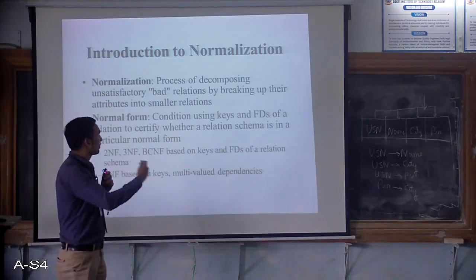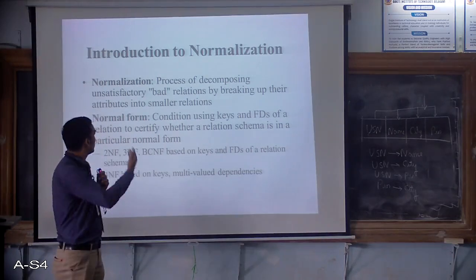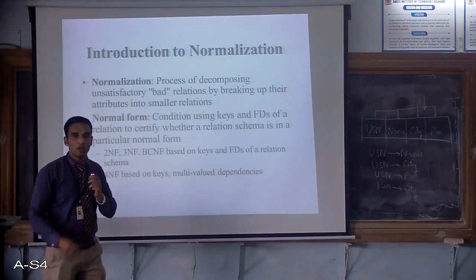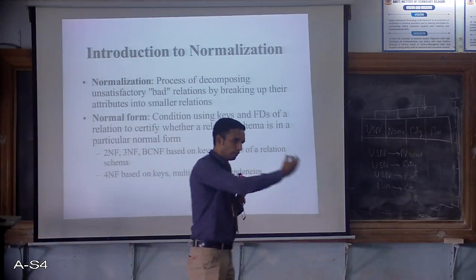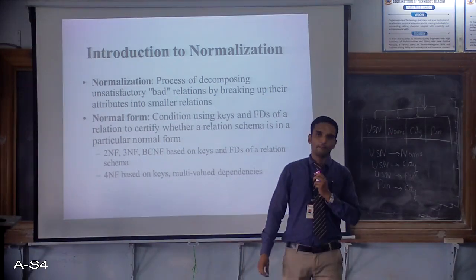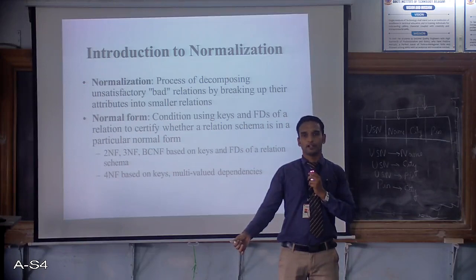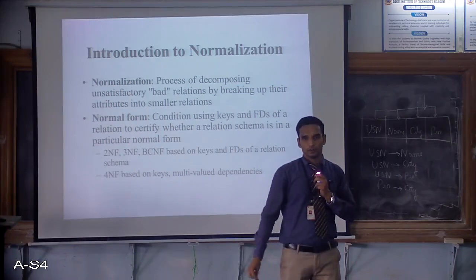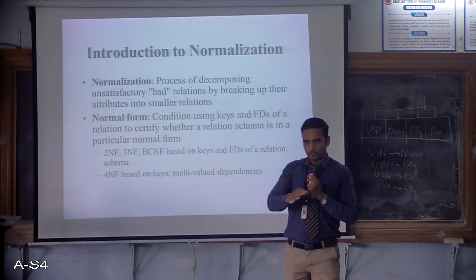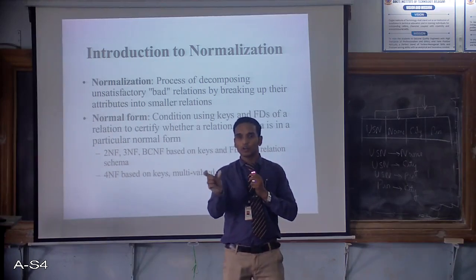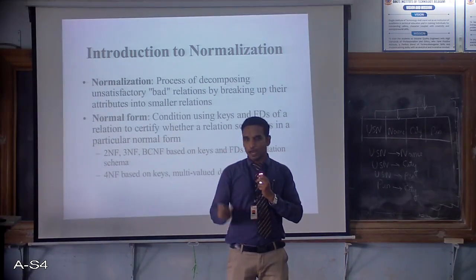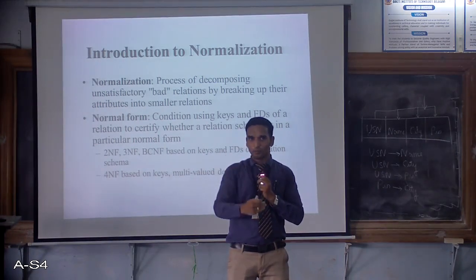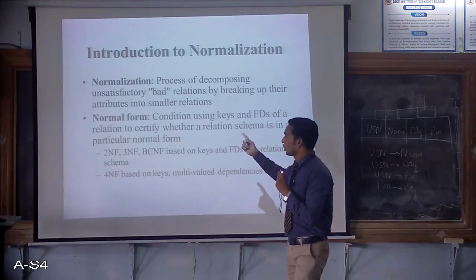As the word itself says, normalization is a process of decomposing a bad relation by breaking up its attributes into smaller relations. Assume that you have a table with 15 or 16 attributes in it. Obviously now I can say that it might be a bad relation. So in that case, rather than having a single table with 16 attributes, I can break it into pieces such that I come across some smaller relations where only useful values can go in. And after that, I can't decompose it again. So to the maximum level, what I can decompose it is called normalization.